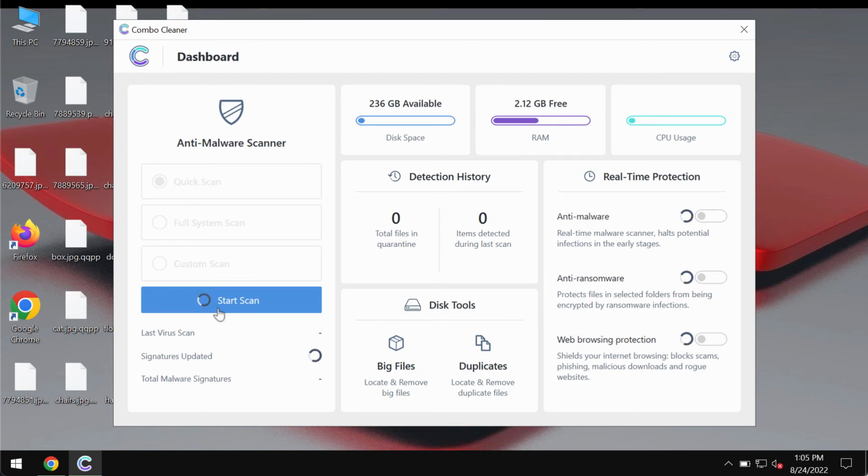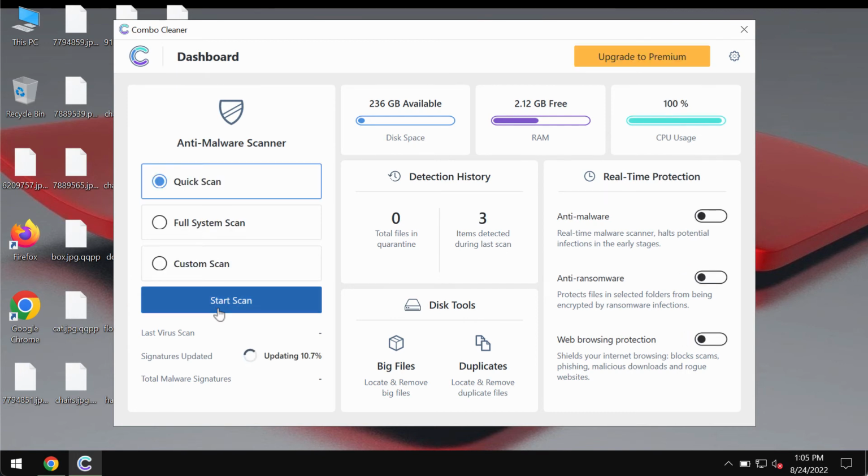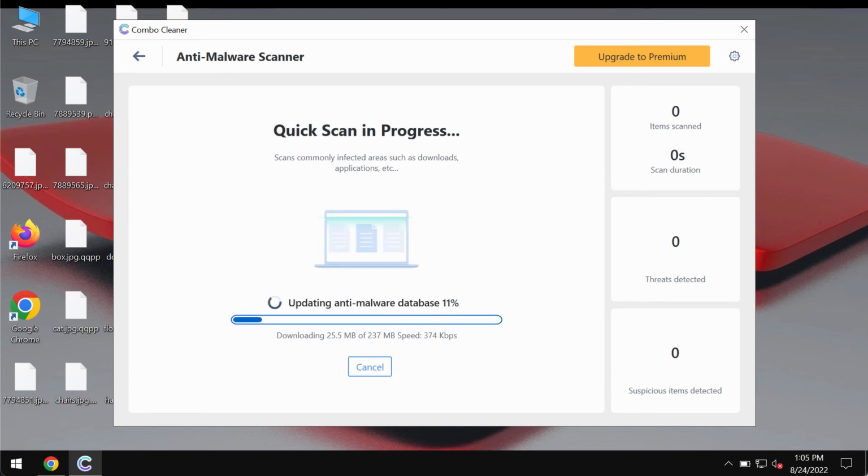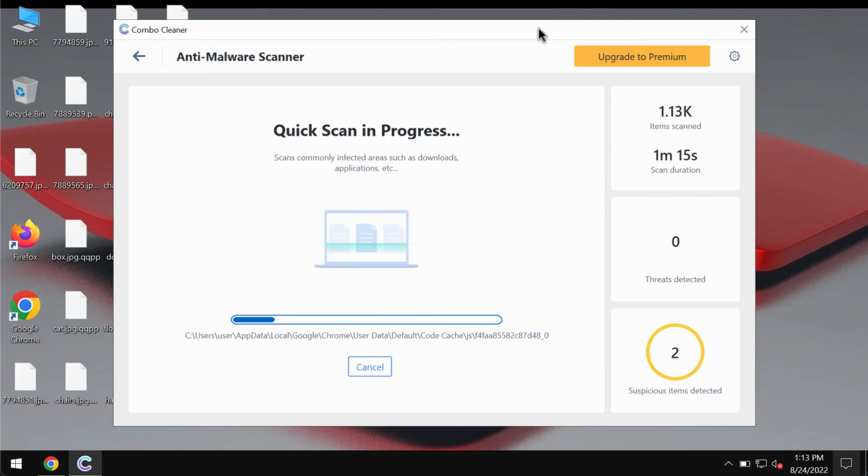You need to click on Start Scan button. Then Combo Cleaner will begin scanning, researching, and investigating your system. But first of all, it will update its anti-malware database, which is crucial for proper detection of any malware. So after the anti-malware database of Combo Cleaner has been successfully updated, the program begins scanning, researching, and investigating your